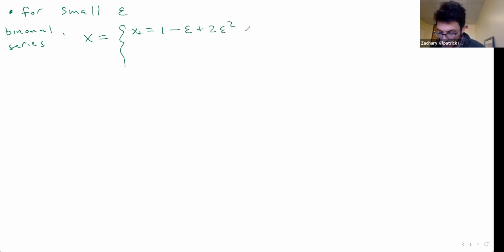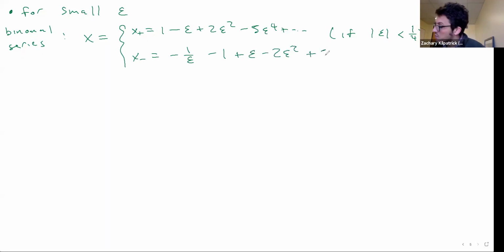And it's going to look like this. And that works as long as epsilon is smaller than a fourth, okay? And then x minus, now, if we just do a binomial series expansion, we get this expansion here, right? So now you see we're involving this sort of singular term that's going to diverge as epsilon goes to 0, okay? So the second root,